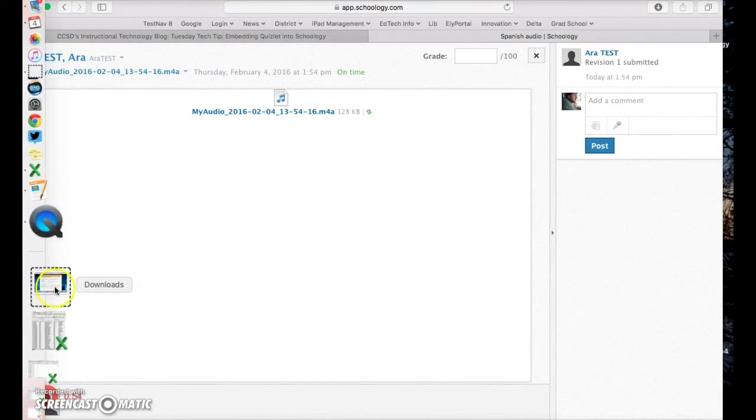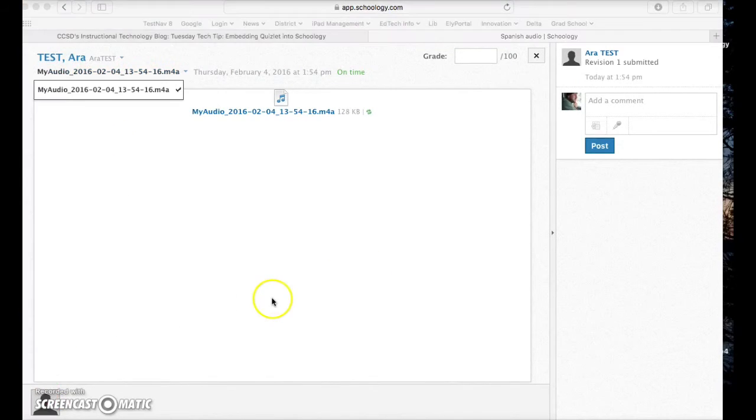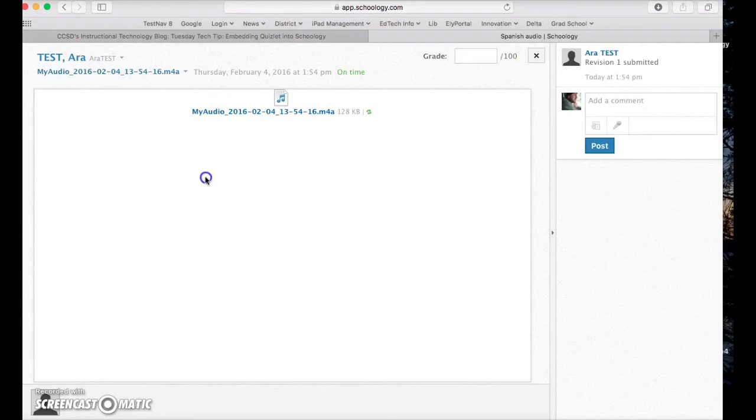Right now it's exporting it to downloads because Schoology has not had the time to process that file yet. If we let this sit in Schoology for a little while longer, I can't tell you exactly how long, but Schoology is doing some processing, and eventually you'll be able to play this right within this Schoology grading window. Another nice thing to notice over here: if you get an audio response from a student, maybe we're talking about reading, or a foreign language where there's a certain pronunciation that you want to use,